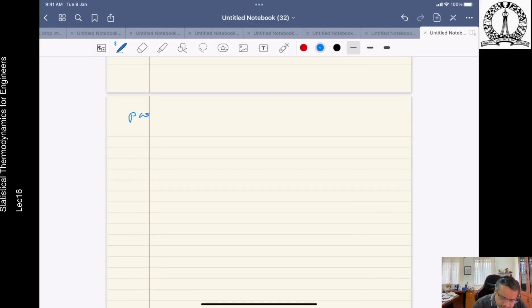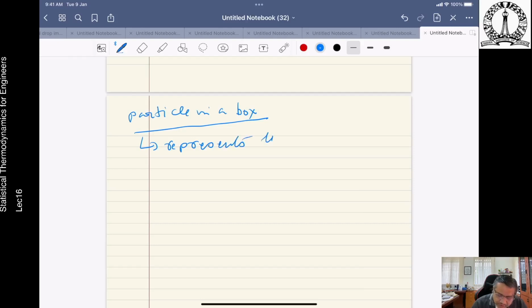Now we are going to do particle in a box. So what is particle in a box? The particle in a box represents the simplest quantum mechanical problem. Moreover, it also demonstrates many interesting effects of quantization. The solution is also important because it predicts the allowed energy levels for the translational mode